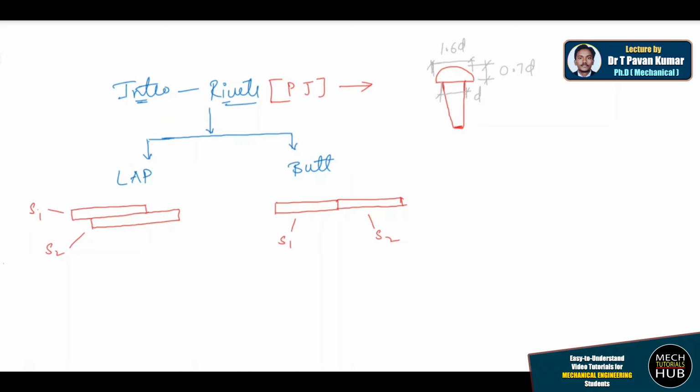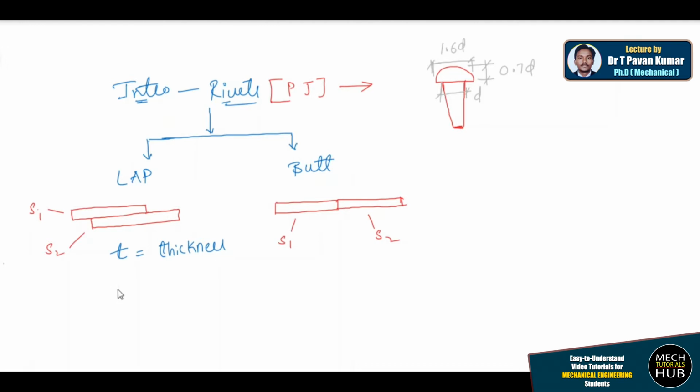All right, now coming back to the discussion of classification, this is how it is going to be. Here, what should be the thickness of sheet number 1 and what should be the thickness of sheet number 2? In case of a lap joint, if you consider two sheets, the thickness is going to be T only. So in case of a lap joint there won't be any T1 and T2 thicknesses. We don't consider any T1 or T2. Only T is the thickness that we are going to consider. And how is that particular T going to be calculated?